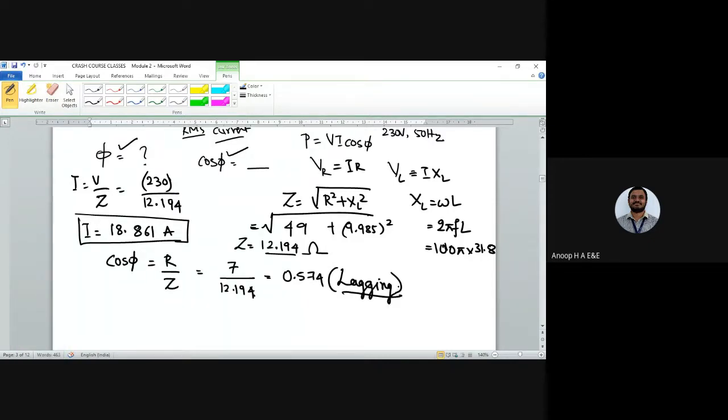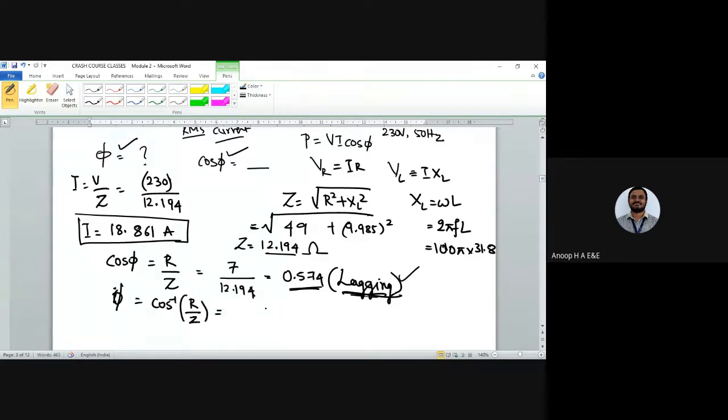Depending on series RL, you are going to write the power factor with the help of the current term there. The current term, which is I equal to Im sin omega t, is lagging in nature, omega t minus phi. So that phi is said to be lagging in nature. Next we go on to the angle of phi, that is cos inverse of R divided by Z.